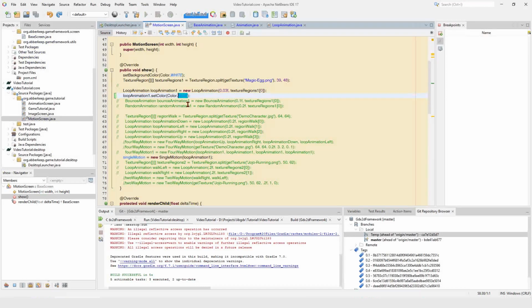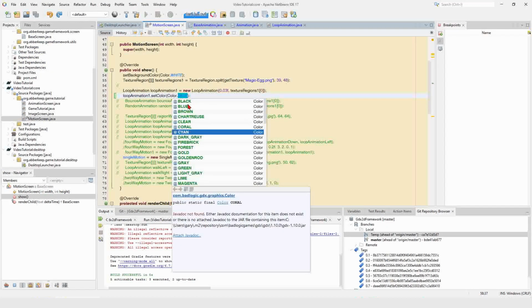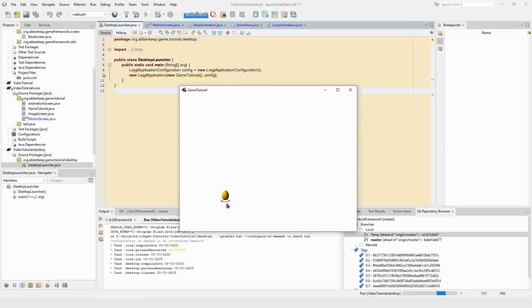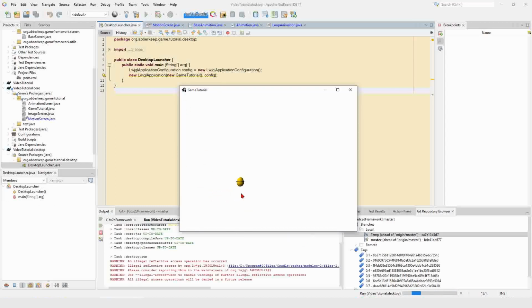Now I'm going to change that color to gold. And there it's gold. Now you can't really tell since that ring is blue, but you can see it's not as solid as a blue as before. And that ring is also being changed to color, kind of a yellow hue to it. And so what we can do is we can create another animation class that will split out the egg and